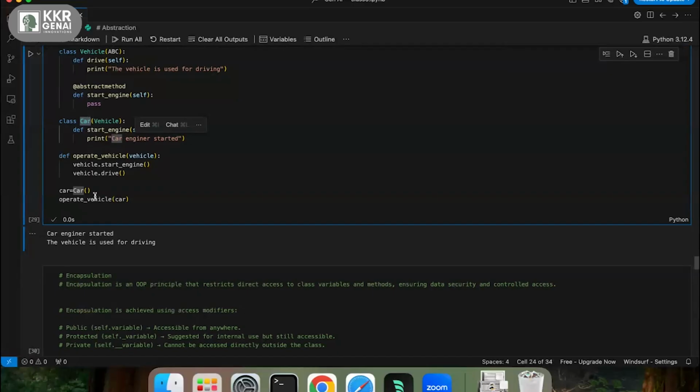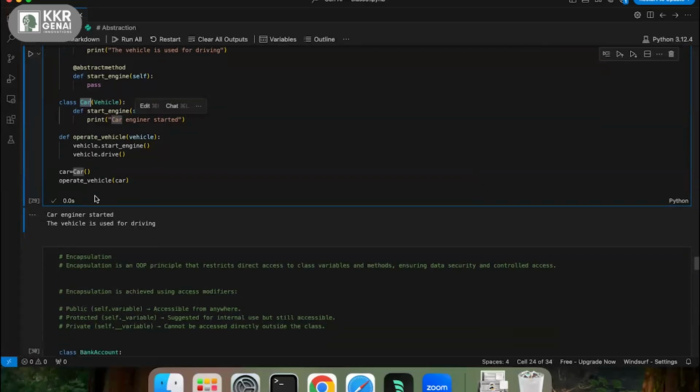If you want to implement interfaces also, you can use the same ABC class. As most abstract classes and interfaces are derived from ABC, you have to import ABC and then pass that ABC class to your implementing class.